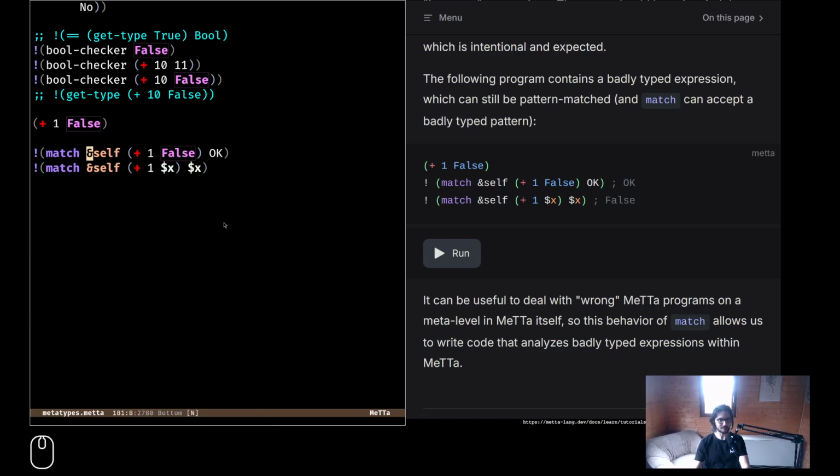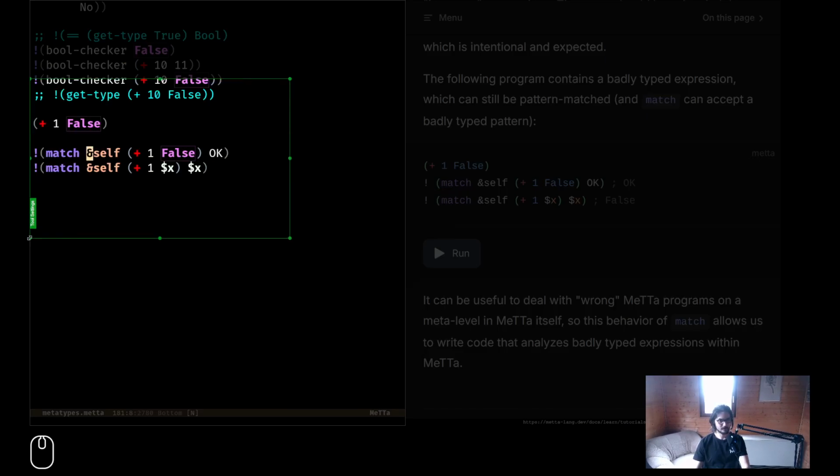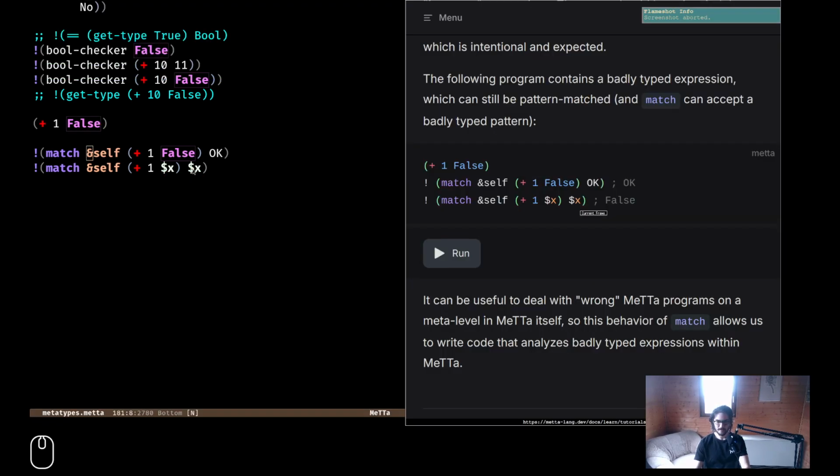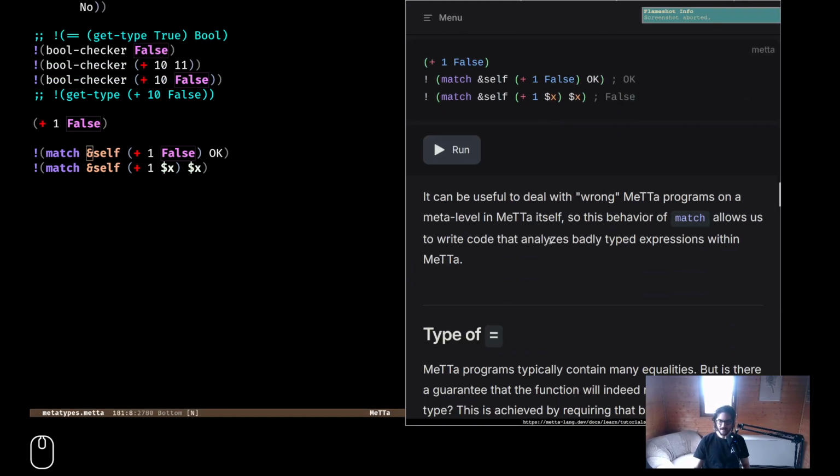Being that false comes out here as being pattern matched.